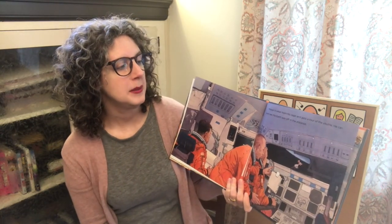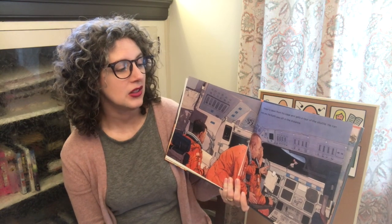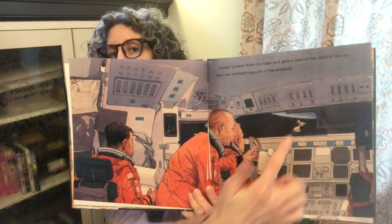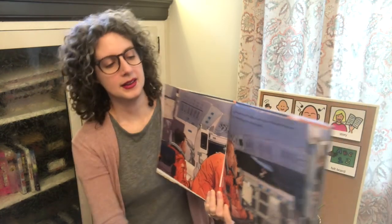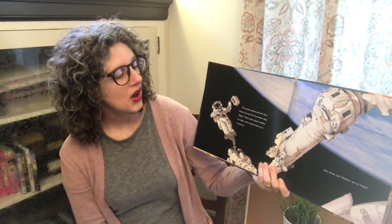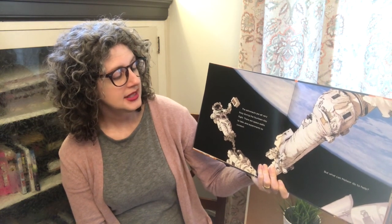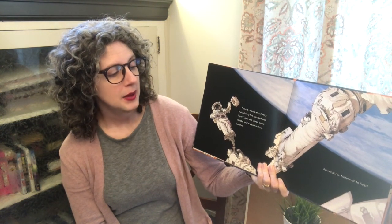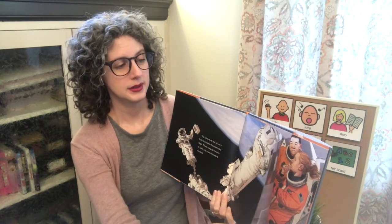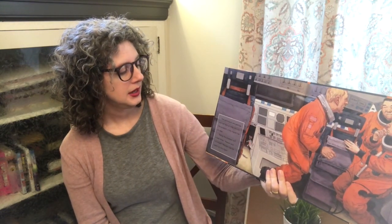Meteor is taken from his cage and gets a tour of the shuttle. He can even see the Earth way off in the distance. That's the Earth right there. The astronauts are all very busy during their 14-day flight. There are spacewalks to take and experiments to conduct, but what can Meteor do to help? The astronauts are getting worried, but as they...